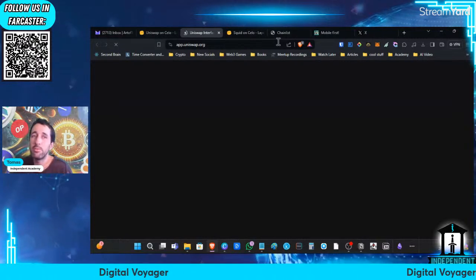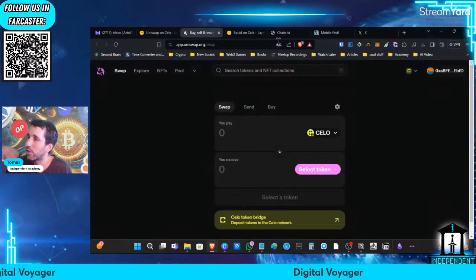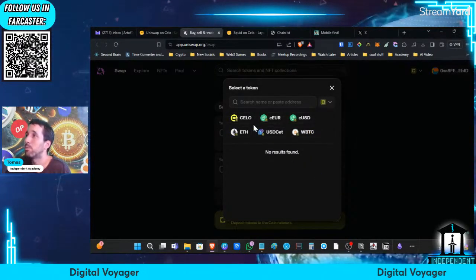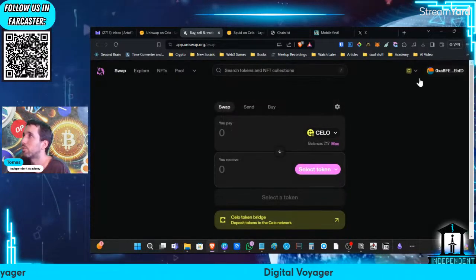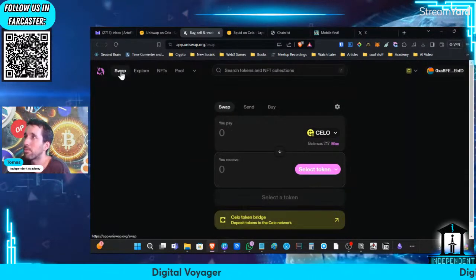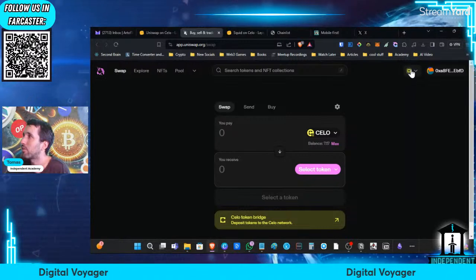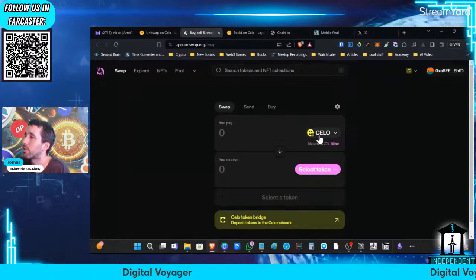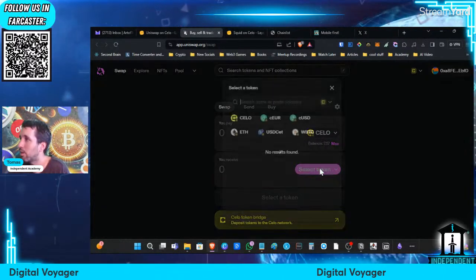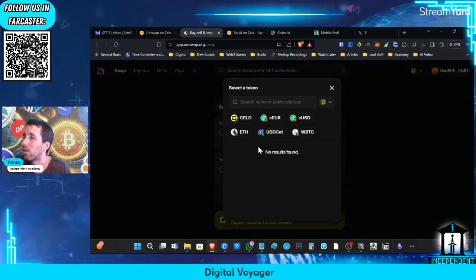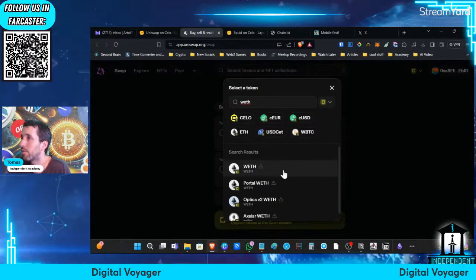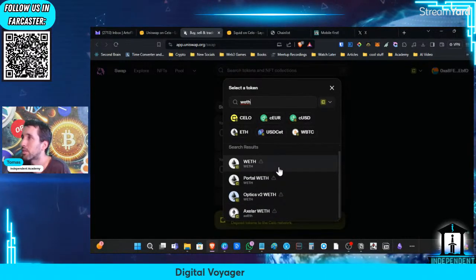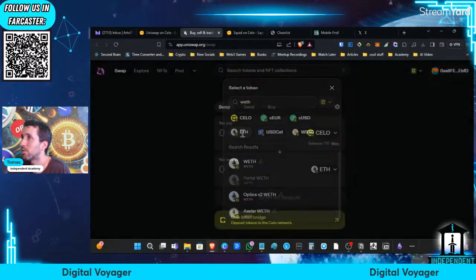WETH is wrapped Ethereum. So you're locking Ethereum in the main chain, and you're issuing this wrapped token in the CELO blockchain. So when you come into Uniswap, you go into swap right here. You select your chain right here. We can see that CELO is the one being selected, but there's a bunch of different options. We choose the token that we want to swap. And here I will choose wrapped Ethereum. You can see there's a bunch of options. I'm just going to go with the first one, which I think is this one.